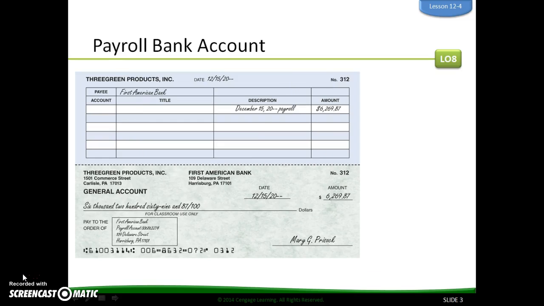When it prints through your printer and your payroll system, what you'll see is the amount of the check, who it's being issued to, and the amount it's issued for. So this first example is the total payroll that we're going in,